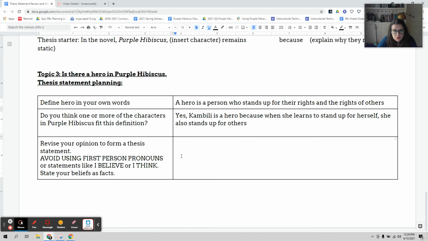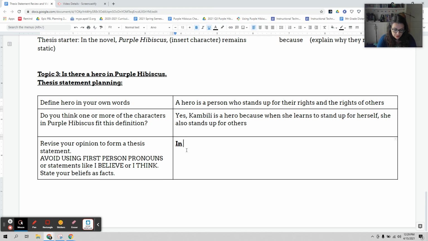Okay, so now I'm going to revise this to form a thesis. Like, how is this going to be the center of my essay? Saying Kambili is a hero because when she stands up for herself, she stands up for others, is a little vague. So I'm going to add some more specifics to it to show what this really means to me. So what I'm going to say is,